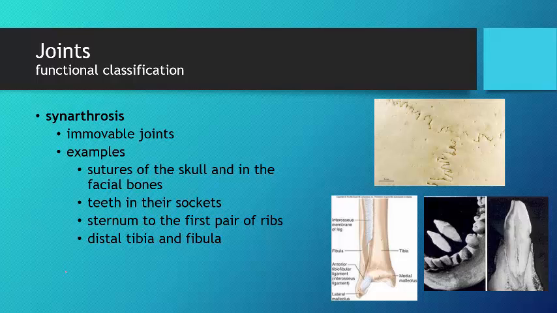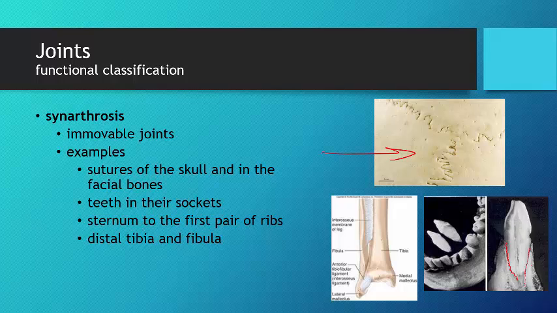So these are joints that do not allow any real movement, and they include the sutures here in the skull. So we're looking at the sutures in the skull. Another example would be with the teeth, the way that they fit into their sockets. So there is a joint right here where that color is being put in there. That is also an immovable joint, a joint built out of fibers of connective tissue that hold the teeth into